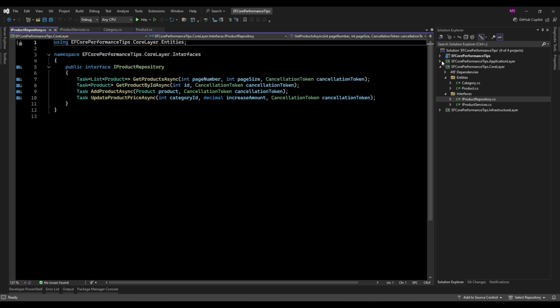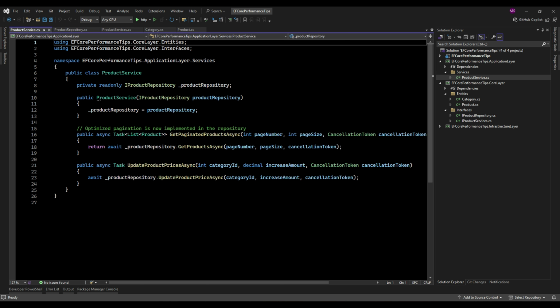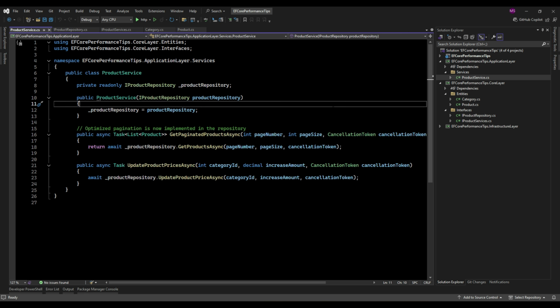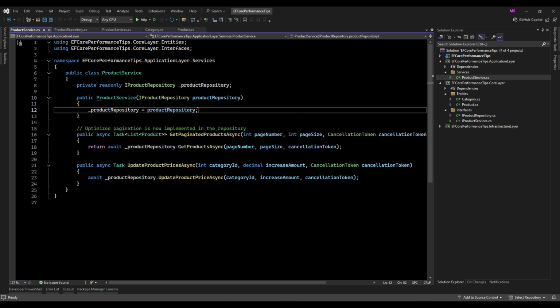Next is the application layer. This is where you will find the use cases of your app. Basically, the actions your app can perform, like get products or update customers or delete customers and things like that. It also has interfaces for services. Of course, I should mention that I've completed some parts of the project because they were necessary. For example, I finished the sections related to the application layer and other parts of the project. This layer is responsible for your business logic.